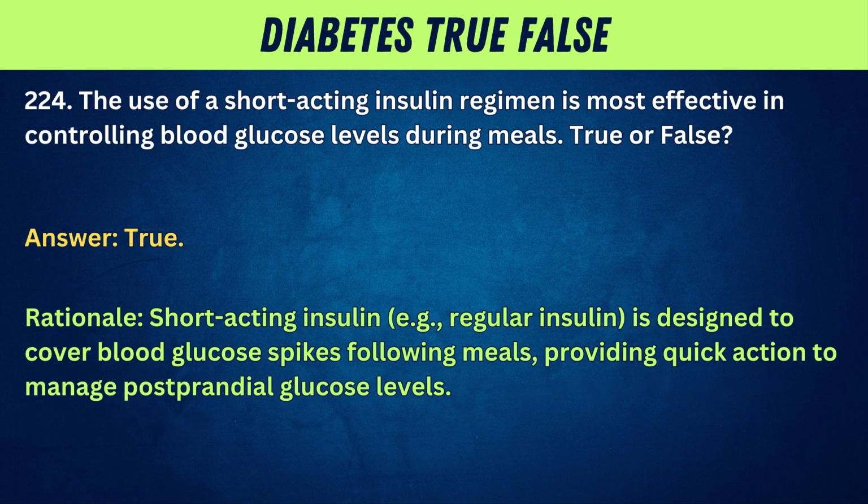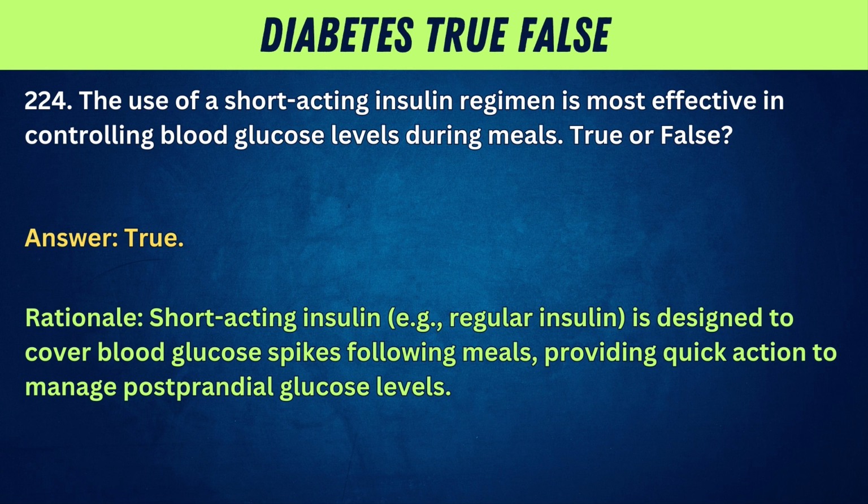224. The use of a short-acting insulin regimen is most effective in controlling blood glucose levels during meals. True or false? Answer: true. Rationale: short-acting insulin, e.g., regular insulin, is designed to cover blood glucose spikes following meals, providing quick action to manage